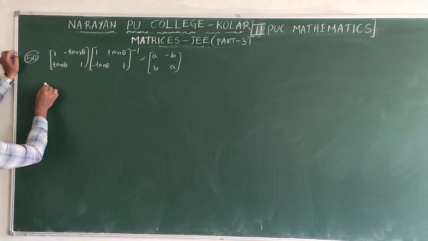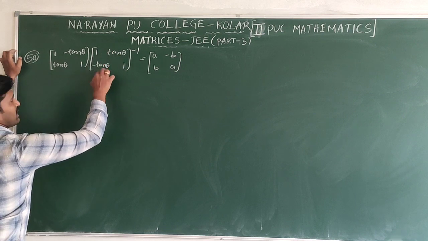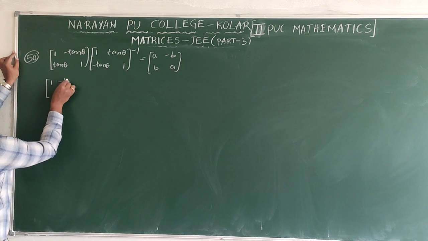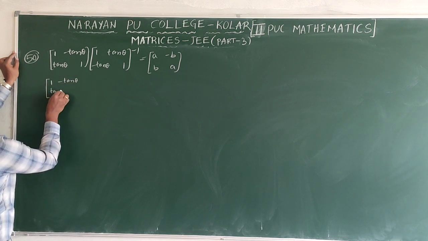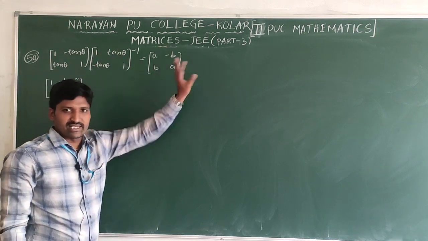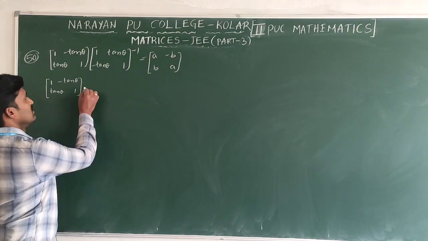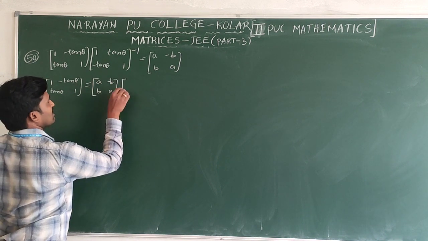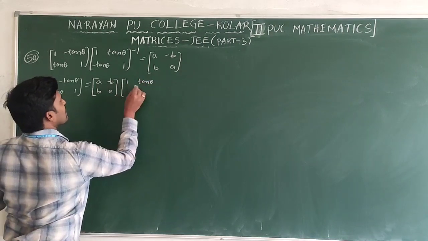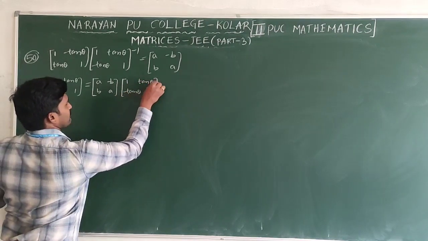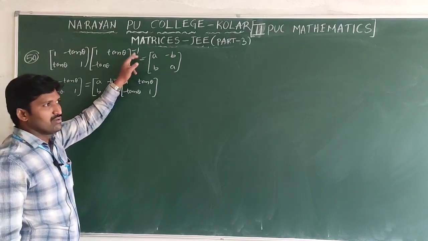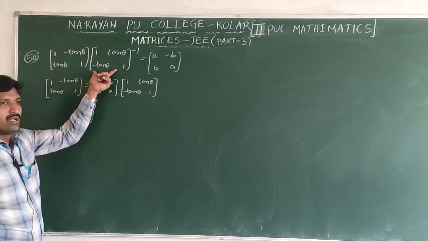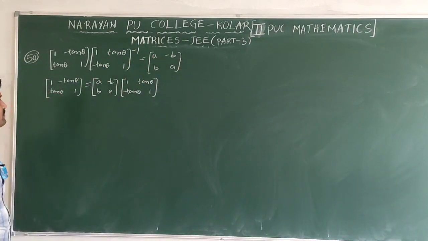Now in this, first for this matrix we need to find the inverse. Directly difficult means, 1 minus tan theta, 1. This matrix take right side. The inverse will become positive. Then you will get the matrix A minus B, B A into what you will get, matrix 1 tan theta, minus tan theta 1. So inverse means you can take the reciprocal value. Right side will get post multiplied because it is a post multiple. Right side also will get post multiplied only.